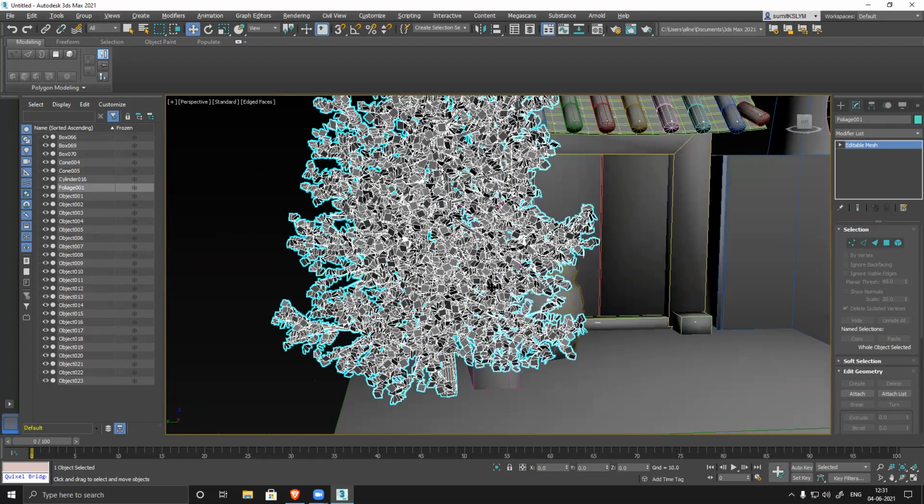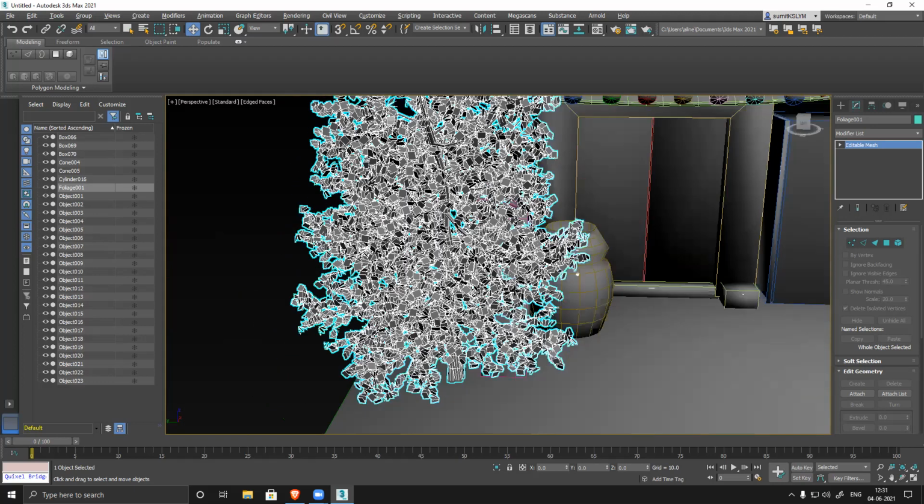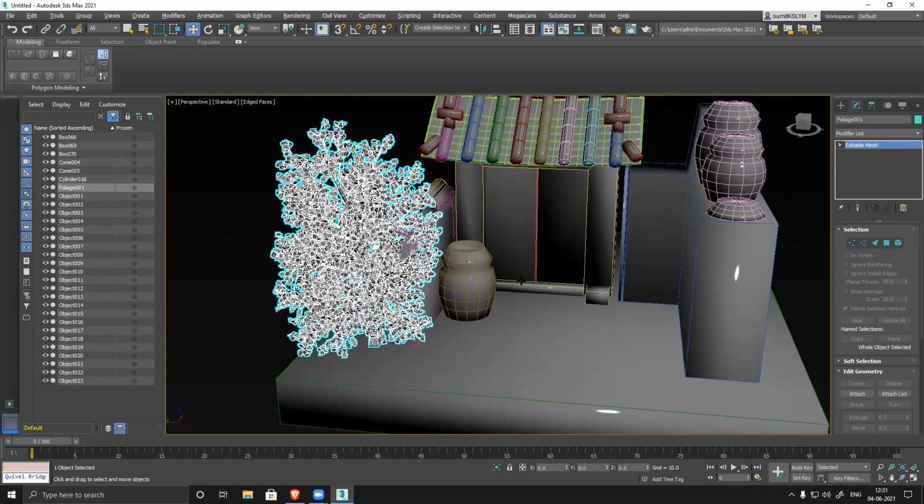Yes, sir. It's a different software altogether to generate foliage. It's not Max, not Maya, not Blender, nothing. That software name is Speed Tree, and it generates tree foliage. Yes, sir. And it's super fast software. It's not a free software; it's a paid software, but it's an industry standard to create foliage.